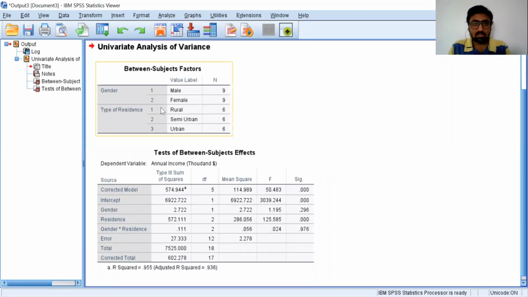The first box is the between subjects factor, which shows the sample size associated with each category of both the nominal variables. So here you can see we have collected the data from 9 male and 9 female. 6 people are from rural area, 6 from semi-urban and 6 from urban.